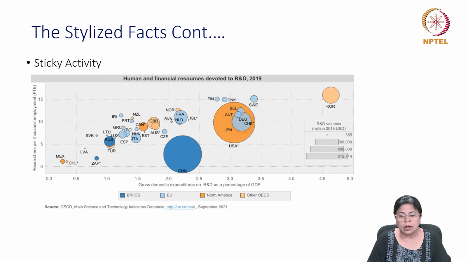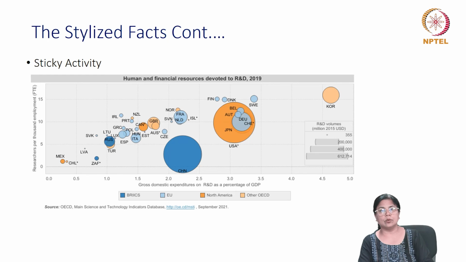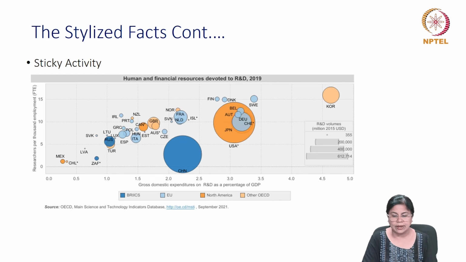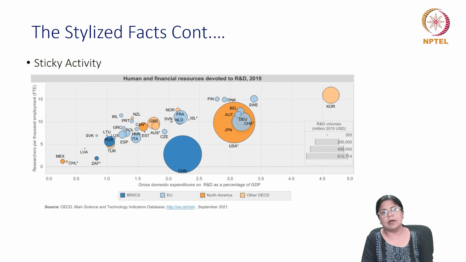You find that a few top countries, including the USA, China, and Korea, and maybe Japan, Australia, Belgium, etc., are devoting a lot of expenditure towards research and development. This graph from OECD highlights this point. As you can see, the bubbles of China and Japan are very, very large. In fact, the same data shows that 77% of the research and development expenditure is incurred by the top 5 countries. Not only that, only the top 2 countries, the US and China, contribute more than 55% of the expenditure.